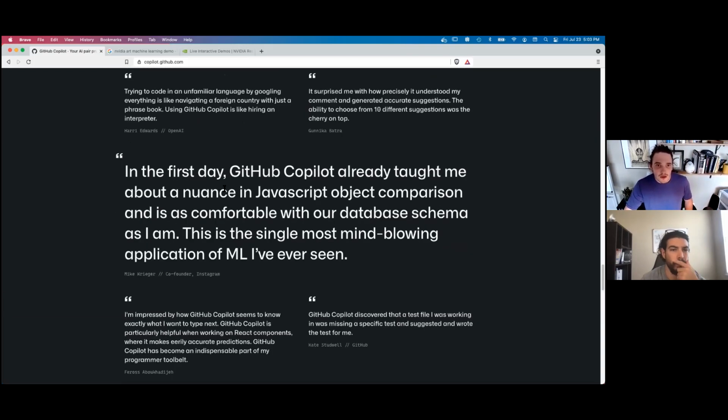This one's interesting too, like just using it, they learned about a nuance in JavaScript object comparison. And as you'd hope from a pair programmer, there's a whole different bank of experience that could be navigating you and helping you.